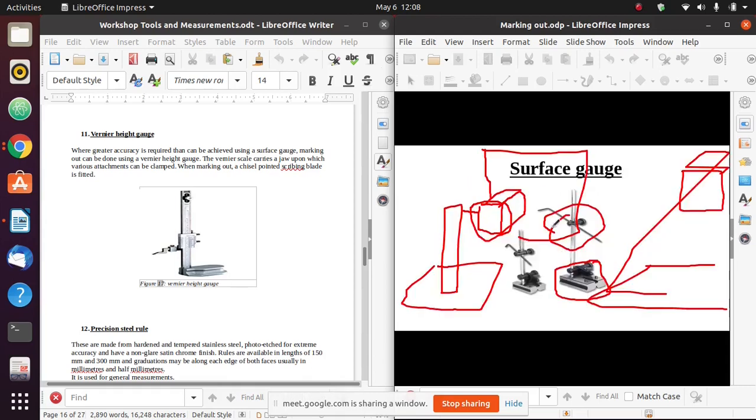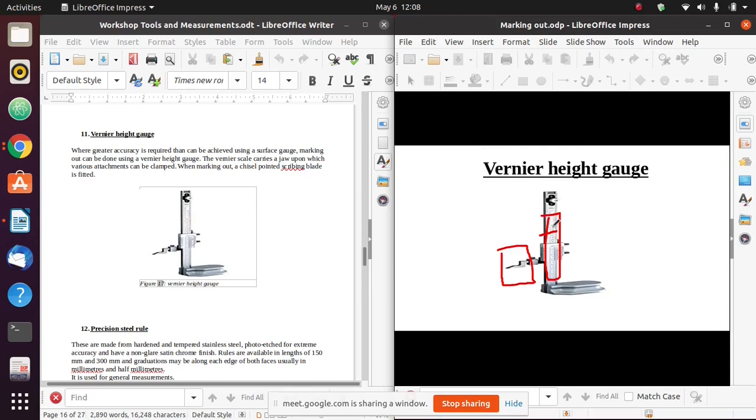With that surface gauge, I cannot do that because on that scale, we'll only have the main scale, like the ruler: 0, 1, 2, 3, 4, 5, 6. So by introducing this vernier scale, we can make measurements of that point something of a millimeter. By attaching a chisel on that jaw, I can measure 15 centimeters on the main scale and that point something of a centimeter on the vernier scale, and then I can mark using the jaw, the chisel, to obtain an accurate or more precise